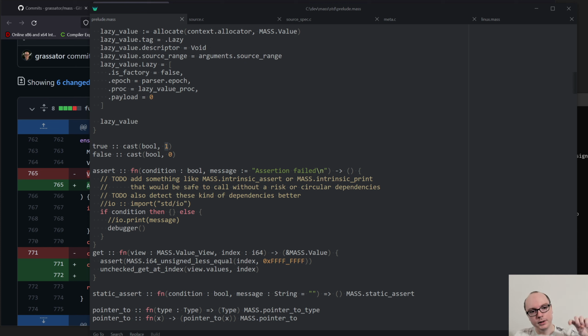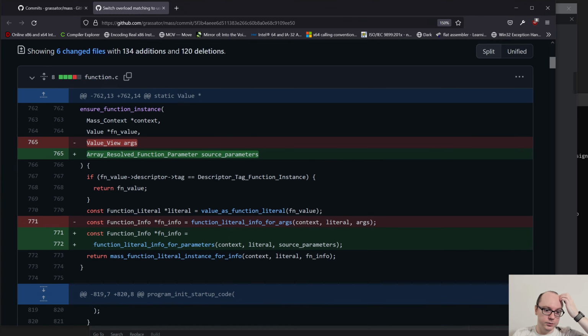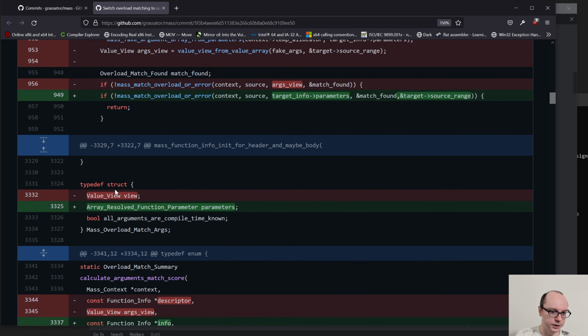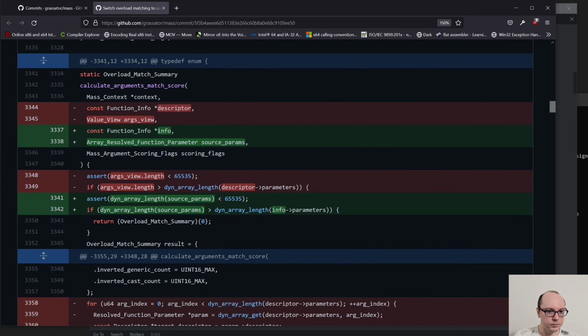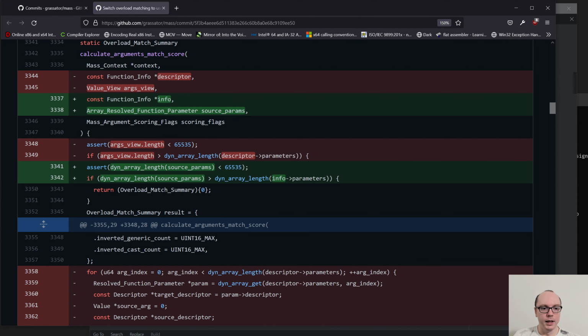Previously, to make that happen, I would pass in all the full arguments to the function that would do the actual resolution of overloads. Where is it? Yeah, for example, here, right? Calculate arguments match score. It would accept a value view of arguments and it would do the resolution. Here, I change it to accept